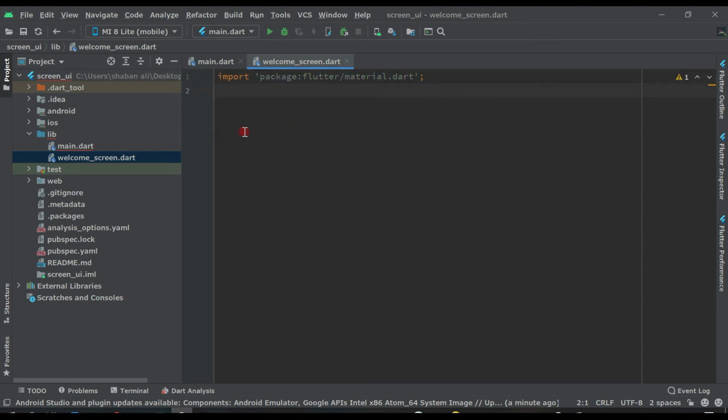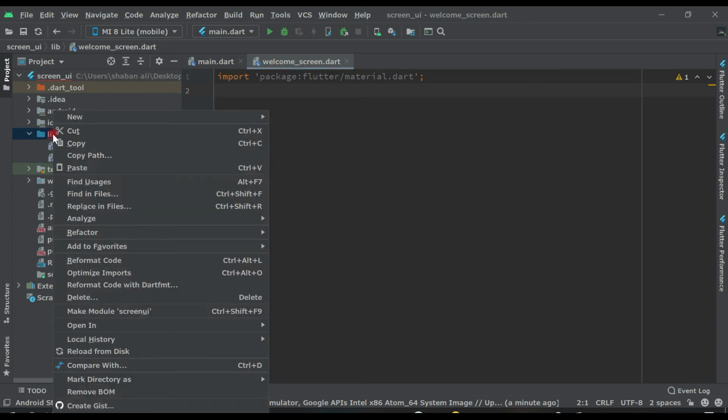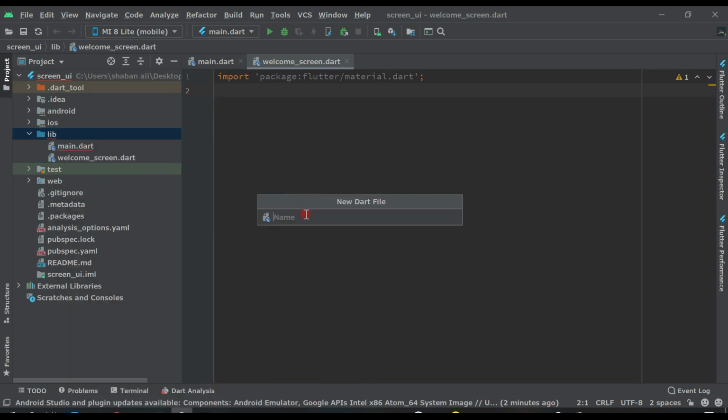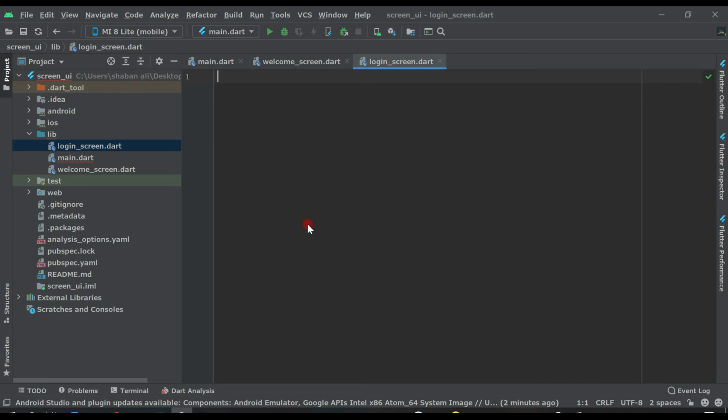Now again we need one more file, so right click on lib, new, dart file, and it will be login underscore screen, and press enter. Here also import material dart.